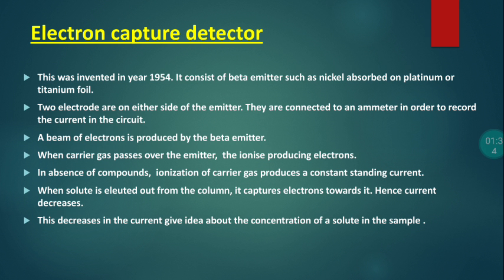Second is the electron capture detector. The electron capture detector is a modification of the ionization chamber used for detection of radiation. In the electron capture detector, the influent gas is exposed to alpha or beta rays from a radioactive source. When the compounds in the influent capture the free electrons, there will be a decrease in current, and this is measured, in contrast to the measurement of an increase in current in other ionization detectors.